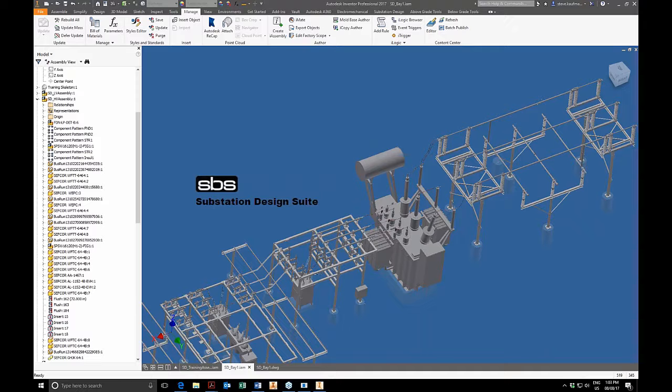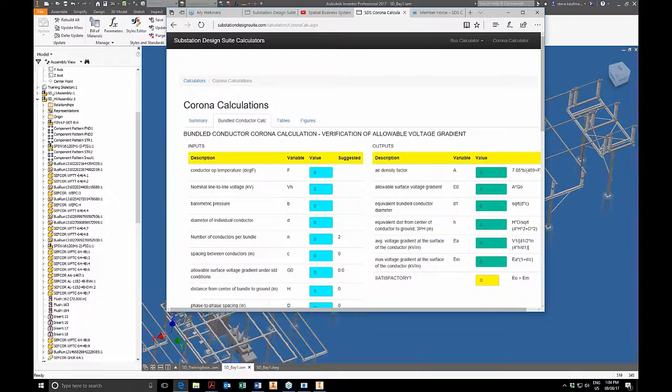What version do you use? Is it a pro version? Okay, I think that's an Inventor question. I would only want to use Inventor Professional. Again, the SDS software is the same version for each